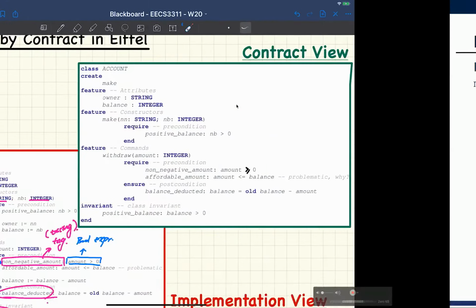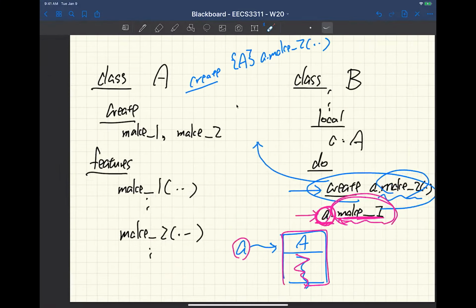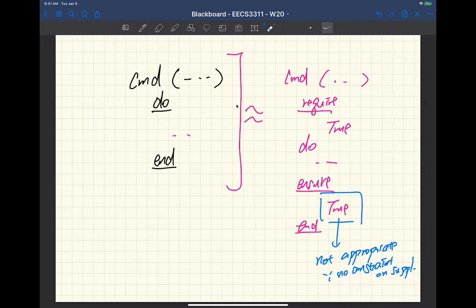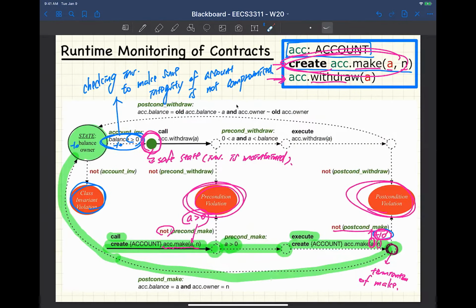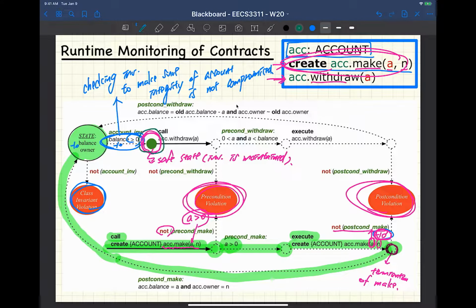Okay, let me go back here. And okay, back to the state diagram. There's one more thing I want to say. I don't have to trace it completely, I just want to highlight to you. Once we reach this particular so-called safe state, that means we can now call any